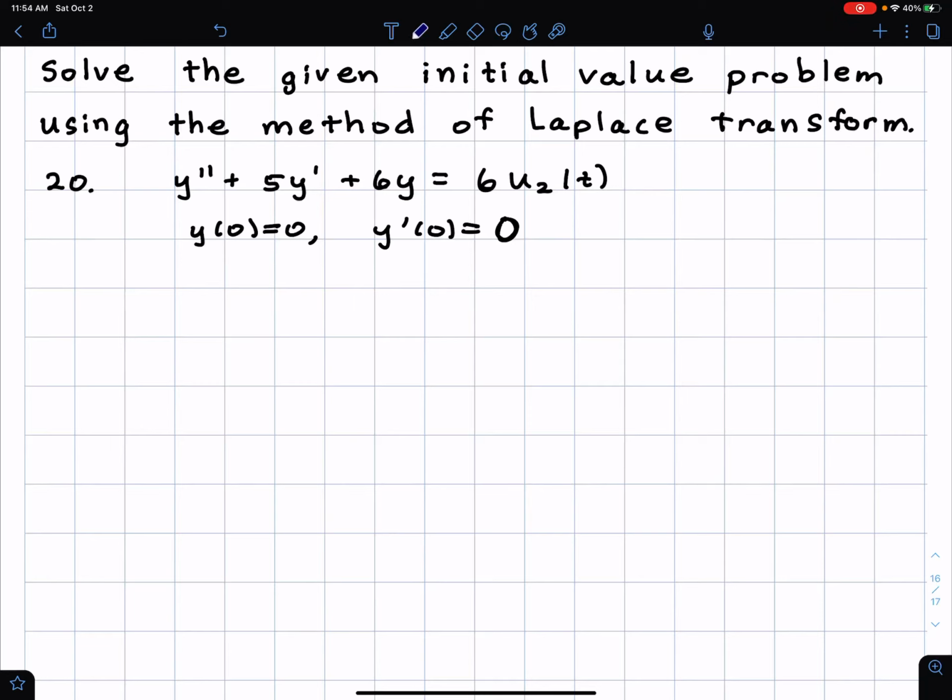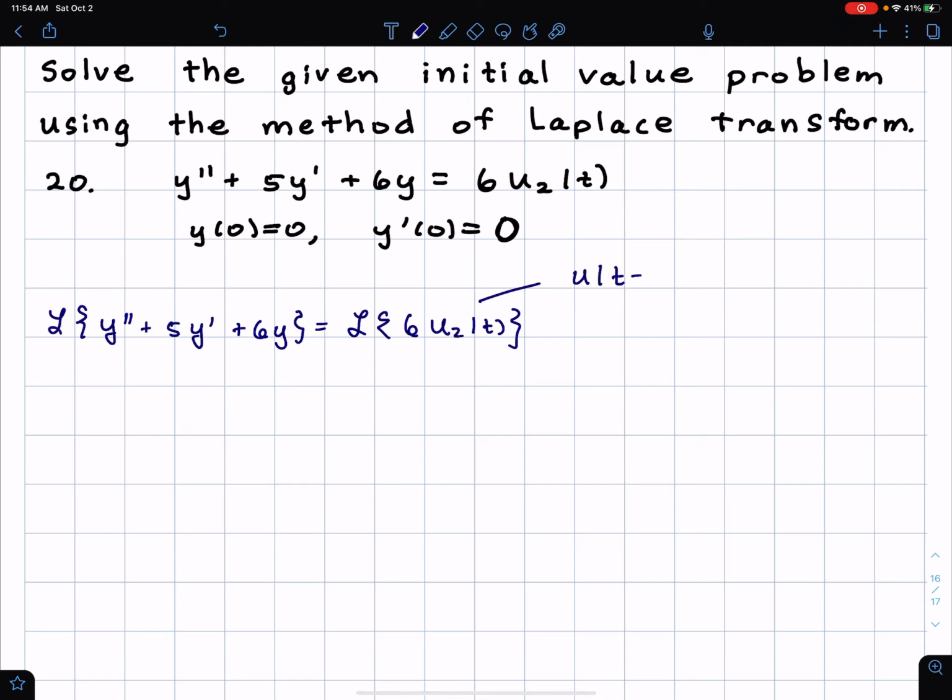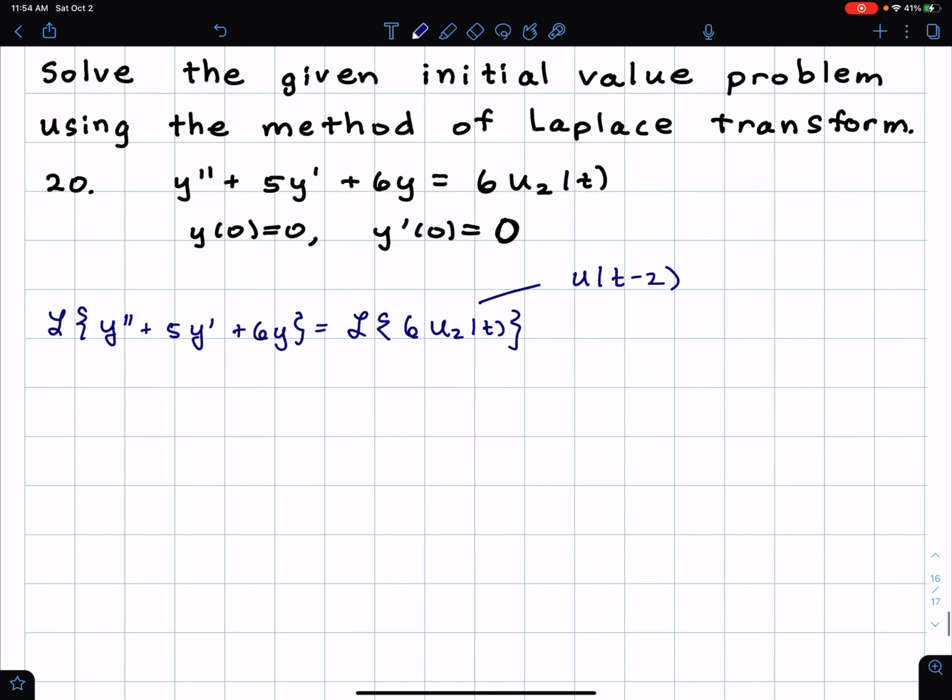All right, we're going to solve this using the method of Laplace transform. So what we do is we take the Laplace transform of y double prime plus 5y prime plus 6y on the left, and the Laplace transform of 6u_2(t), the unit step function shifted by 2, on the right. Some people write this as u(t minus 2). I sort of prefer that, but anyway, using linearity, we get